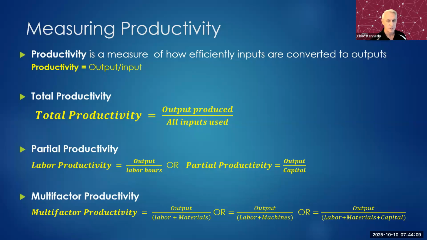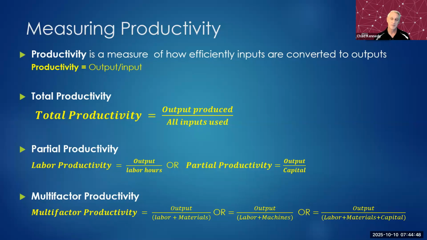The other thing is we could weed out certain things and look at what we call partial productivity. This is where we look at certain factors, and so we could look at productivity from a certain point of view. For example, labor productivity is partial productivity because it's the output, probably the number of widgets, divided by how many labor hours we put into it. That way we're getting a productivity measure per person actually making these widgets, the people who are usually on the manufacturing line. So that's one way of looking at it.